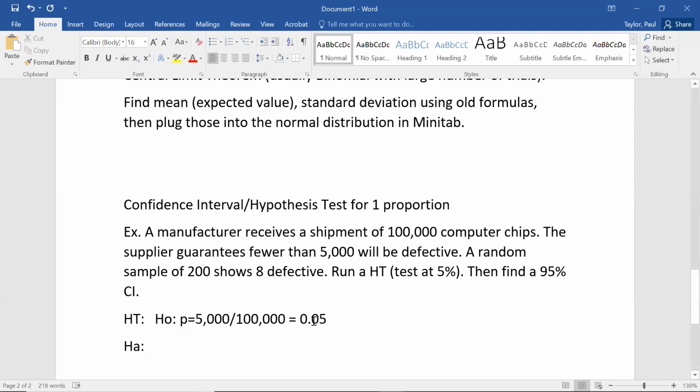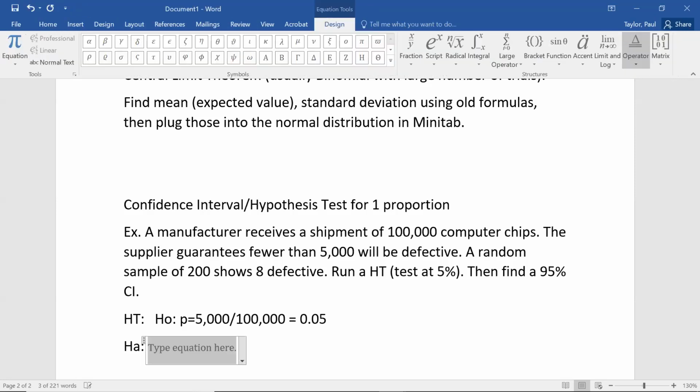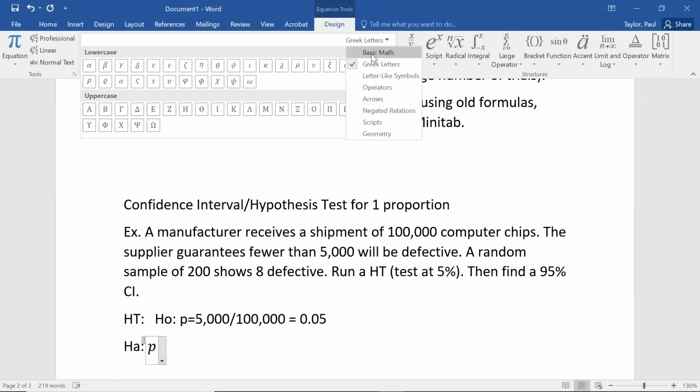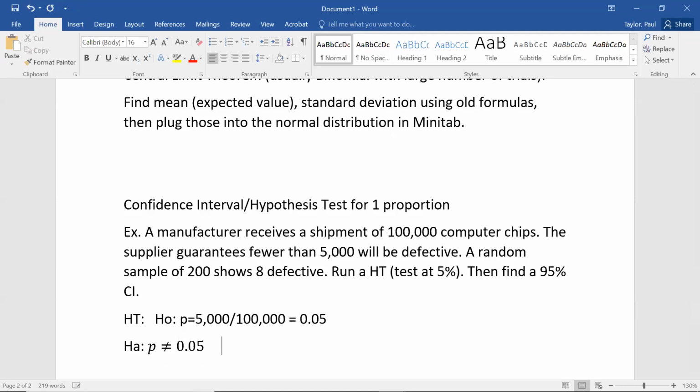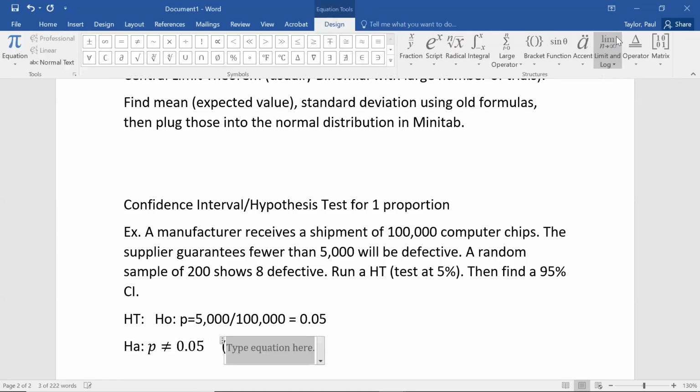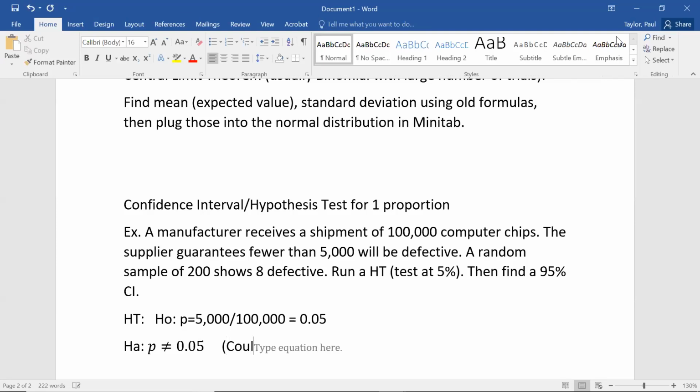Our alternative hypothesis should not be a different number, it should be how we compare to that. So the default alternative hypothesis is not equals. So p not equals 0.05. That's our default. And unless we have a really good reason, I tend to just use not equals. But we could use